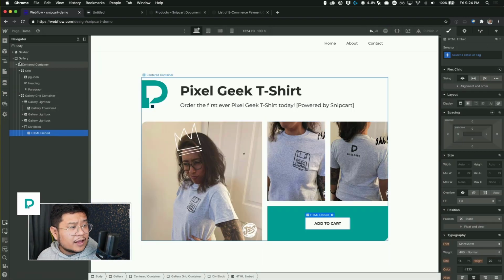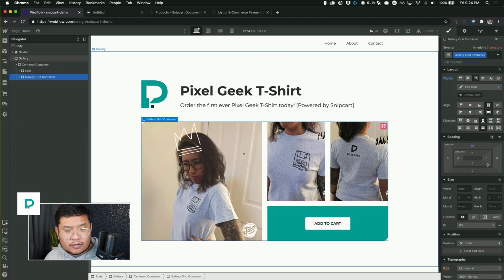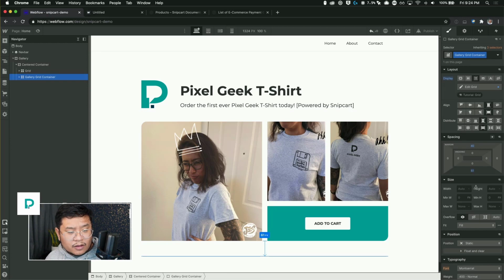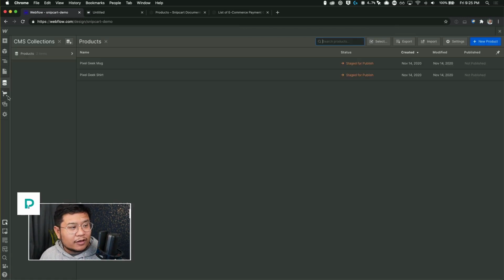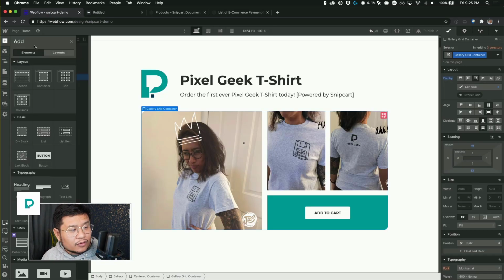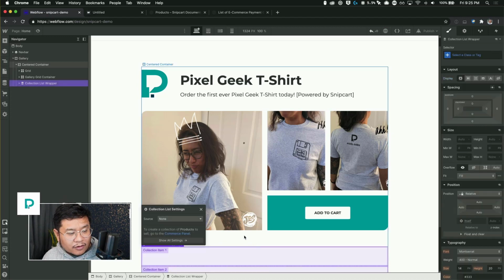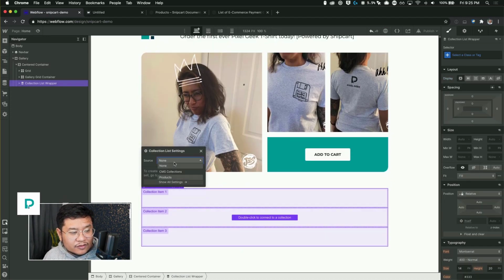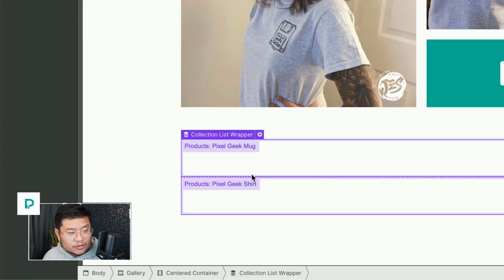Now let's put something below this. Okay, we'll say 64. All right, so now I'm going to add a collection list. So the data will come from the Webflow collection, okay? So let's put a collection list right there. And we want to connect this to products. And now you can see my two products are here, the mug and the shirt.